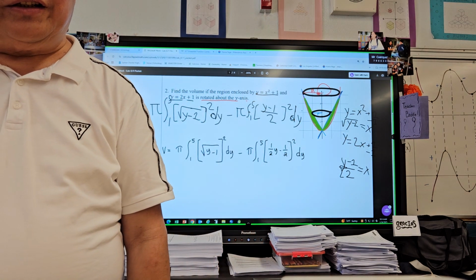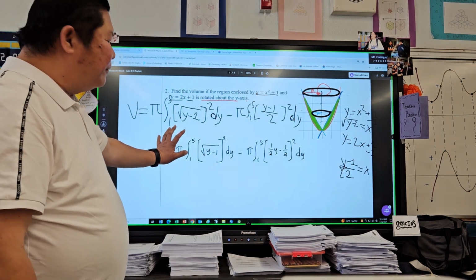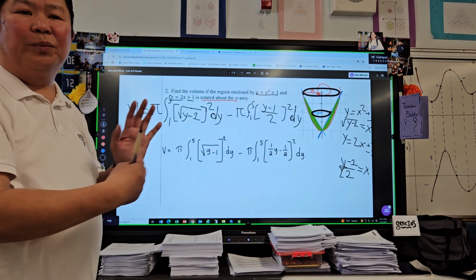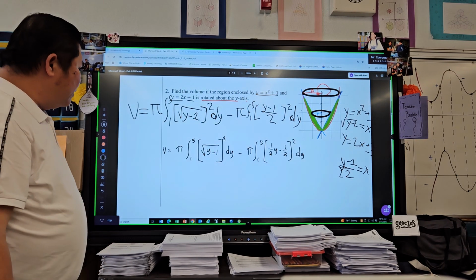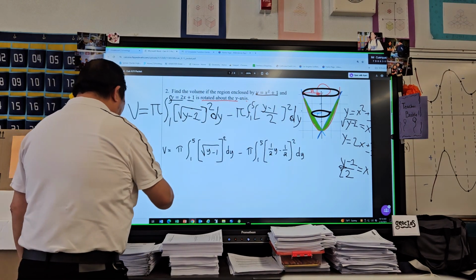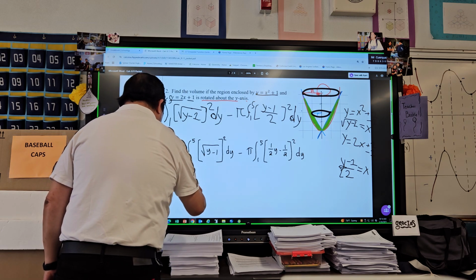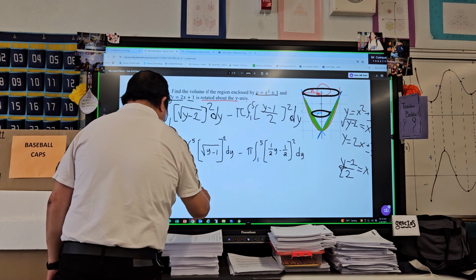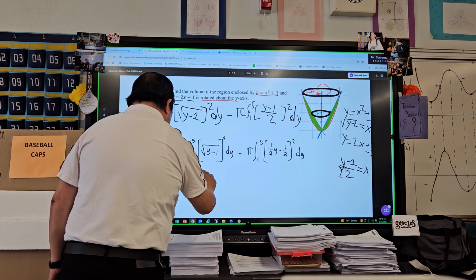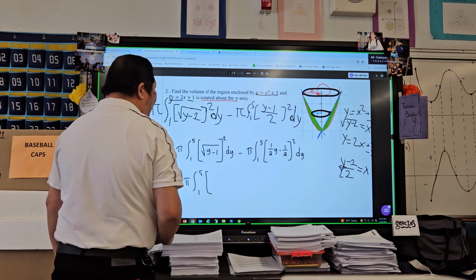Any question? But this is not yet the final answer. If it is multiple choice, you can combine it. So it's gonna be pi the integral from 1 to 5, and then you have now